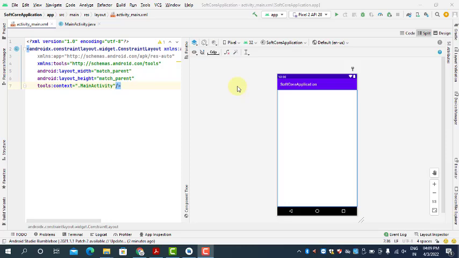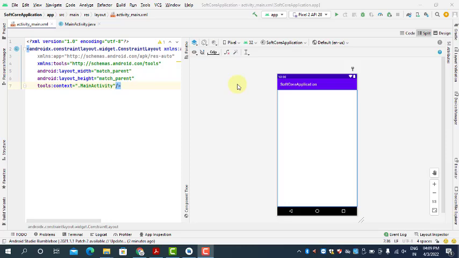In this, we will set a default username and password for the login. When the user enters a username and password matching the default login, we will print a login successful message on the toast.